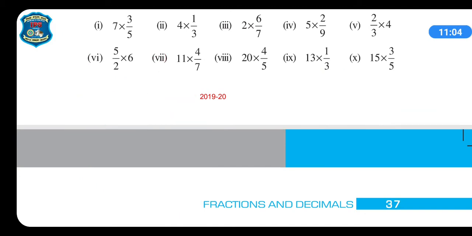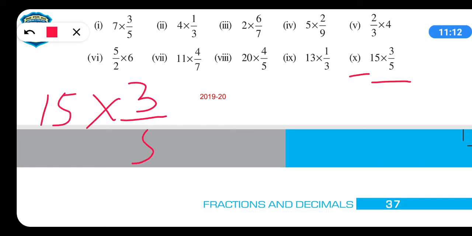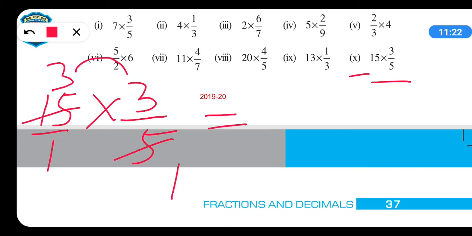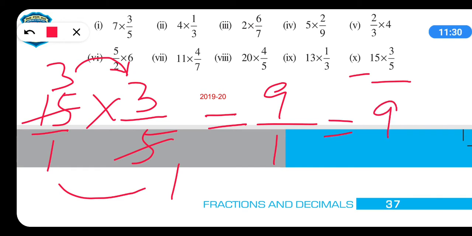Let us see one more example. Let us look at the 10th part, this one. So 15 multiply 3 upon 5. So first of all put 1 in the denominator. Now you can cancel it. 5 ones are 5 and 5 threes are 15. So this will become 3 into 3, how much is that, 9, right, and 1 into 1 is 1. So the answer is 9. It comes directly, right. Fewer steps will be needed, you will be more comfortable doing it this way. Got it?